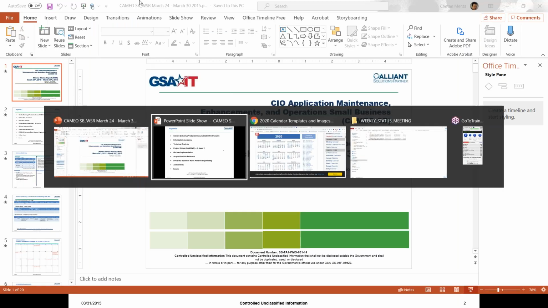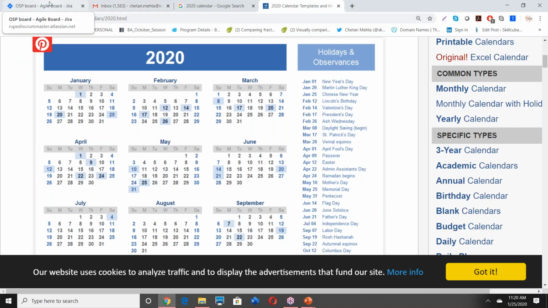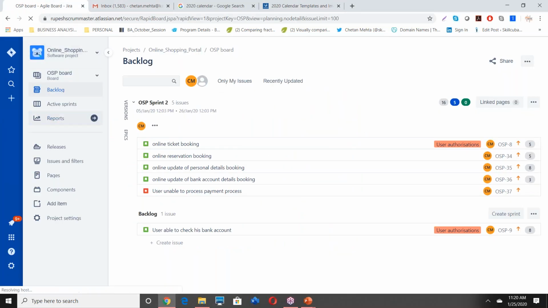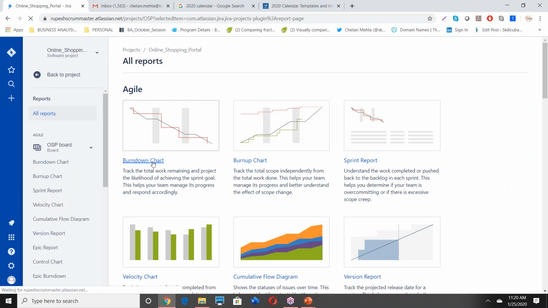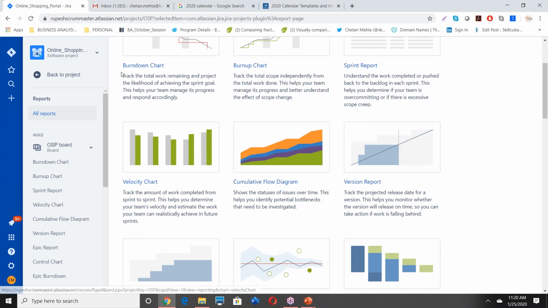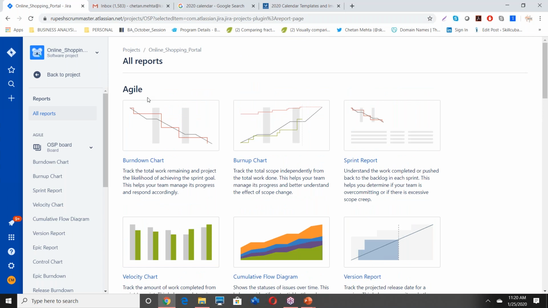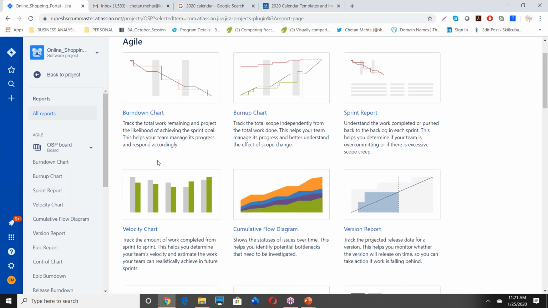So you will be mainly doing out of the box reporting. Like here we have, right? You go to the Burndown chart. For you as a Scrum Master, you will be mainly focusing on these. Burndown chart will be the most important one for the team and for you. But from the management perspective, that's what I'm coming to.